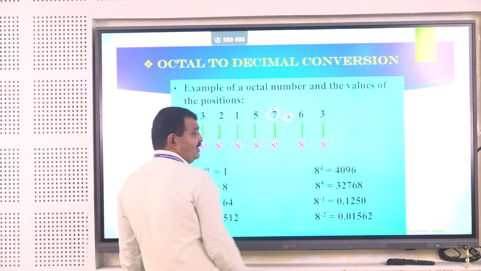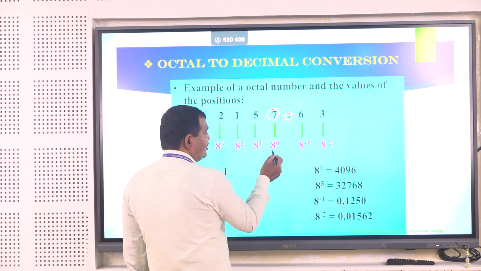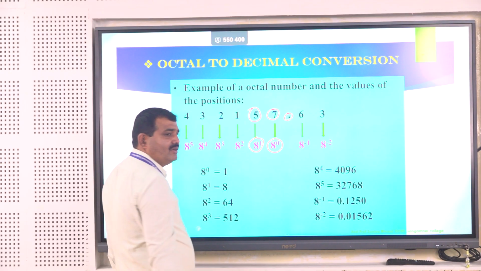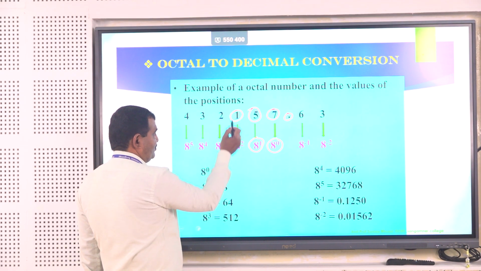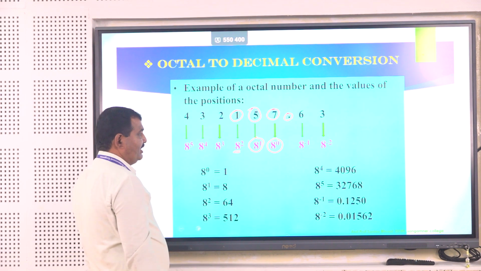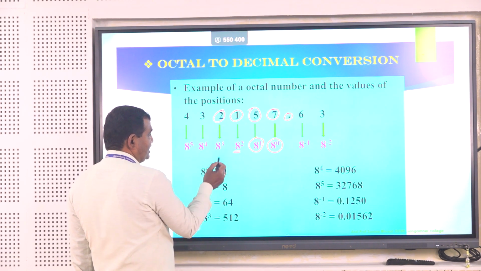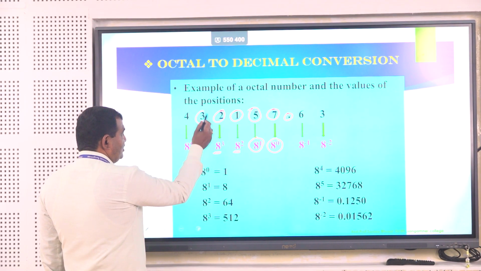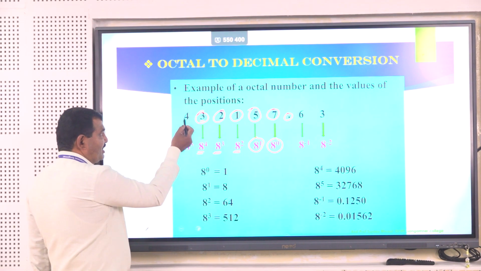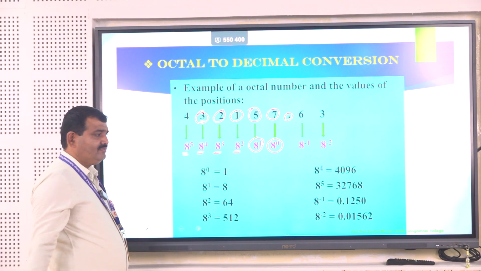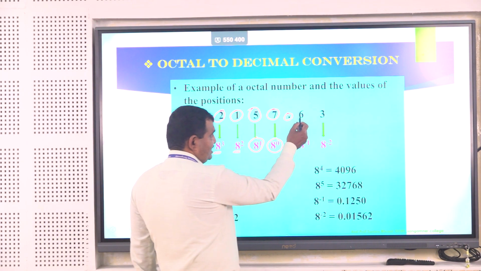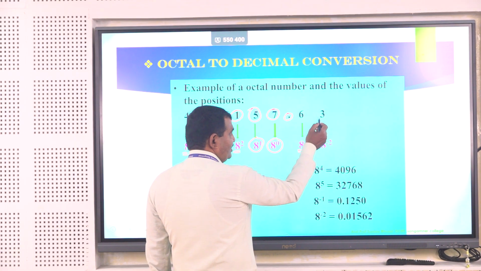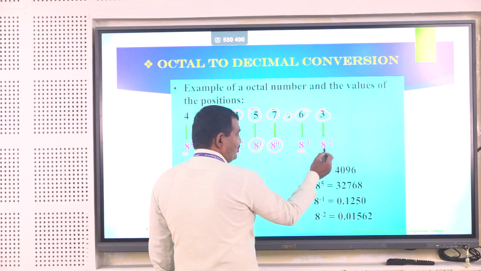This unit place digit has positional value 8 raised to 0, then the second place digit has value 8 raised to 1, then the next one has positional weight 8 raised to 2, this 2 has positional weight 8 raised to 3, this 3 has positional weight 8 raised to 4 and this 4 has positional weight 8 raised to 5. Then this 6 has positional weight 8 raised to minus 1 and this 3 has positional weight 8